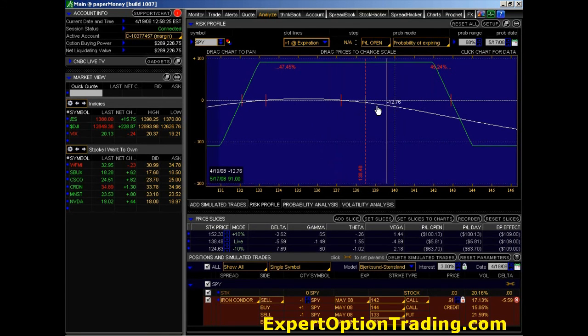You can see this white line here is our current profit and loss, and you can see that as soon as we open up this position, if we opened this position right now at 91 cents, we would be in a position of losing $5.81 immediately. And why does that happen? Well, it happens because of the spread